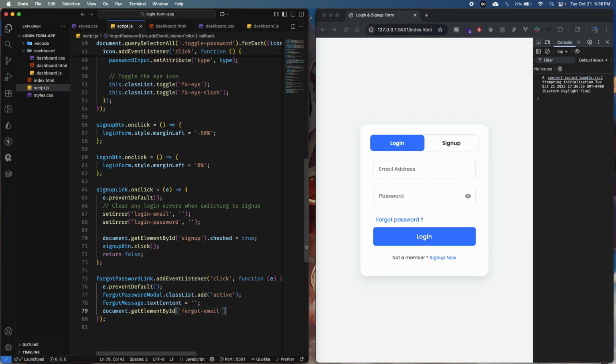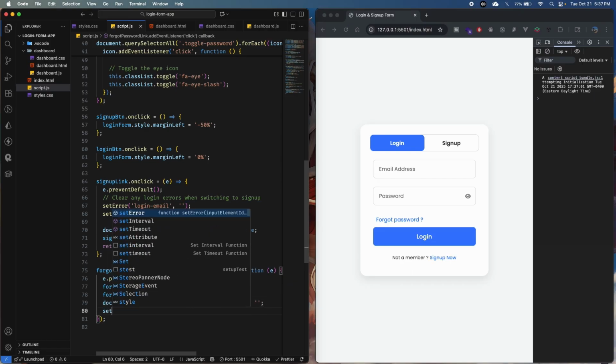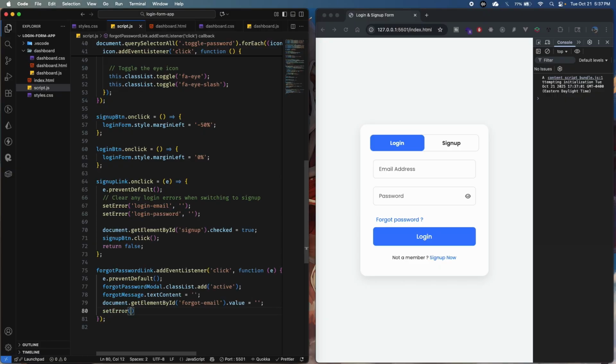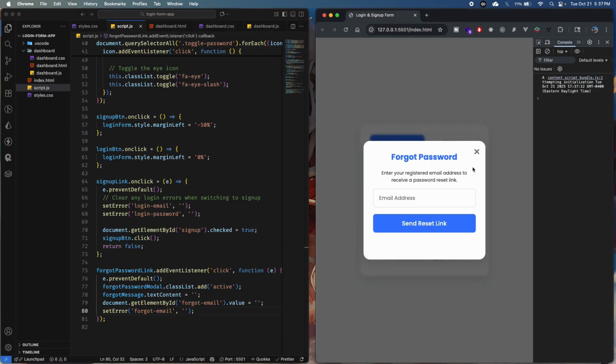Here I want to get the value of this and to get it empty, and I want to set the error of the forgot email to be empty. So on the second parameter we pass an empty string too. Good. So if I click right now on forgot password, you see that now we are able to open